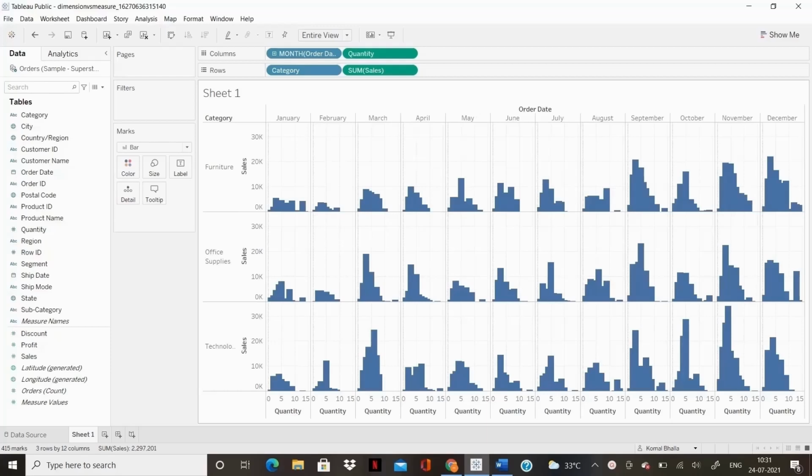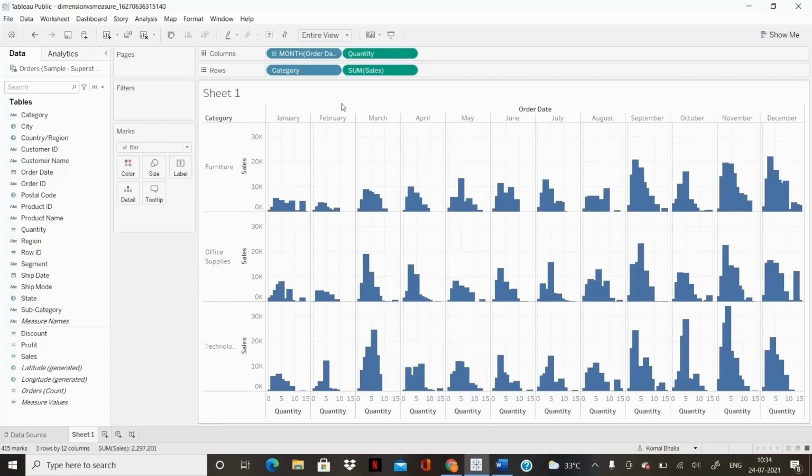Everyone. In this video, you're going to learn what are dimensions and measures, what is the distinction between them, as well as discrete and continuous fields in Tableau. Each data column, when imported to Tableau, gets a data type like date, string, like these category values, integer. Some of these sales figures are integer.